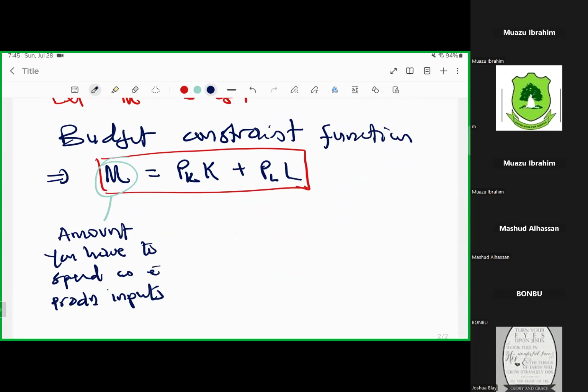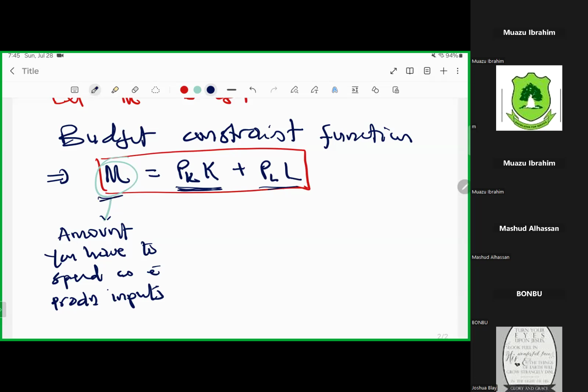So if you have, say, 500 cedis that you have budgeted to spend on production inputs, your budget constraint would be this 500, which is the M that you have to distribute to know how much you will be spending on capital, and how much you would be spending on labor. So please note the budget constraint function is your total